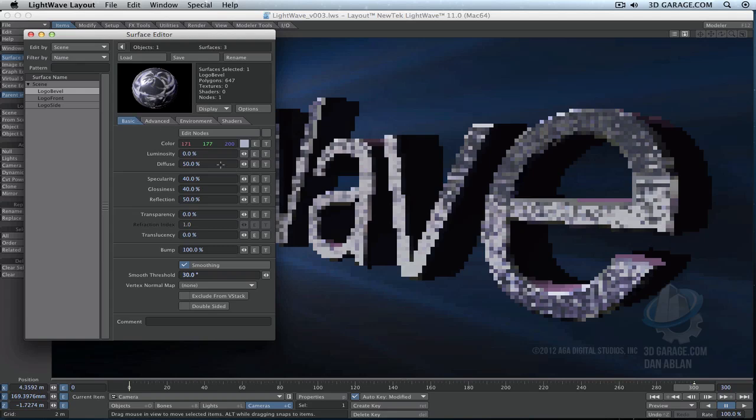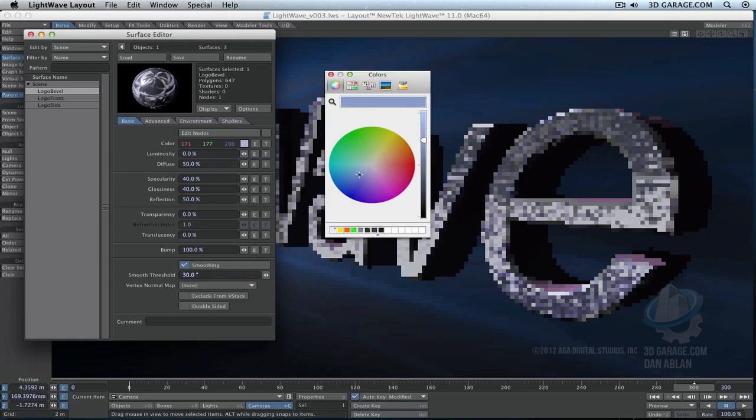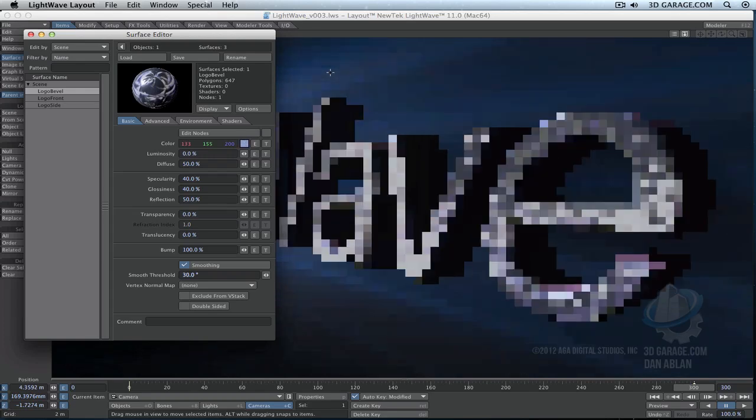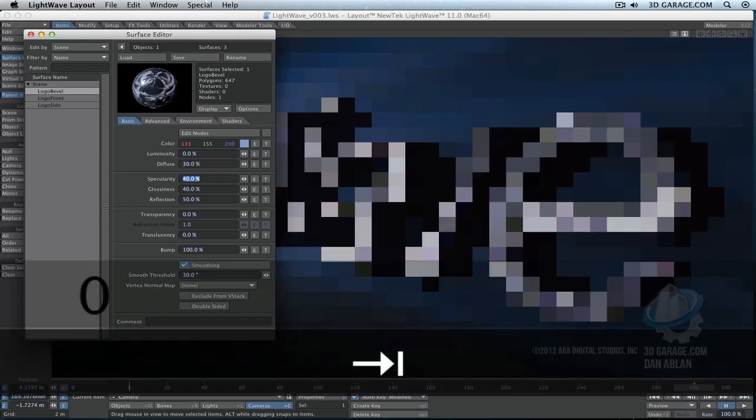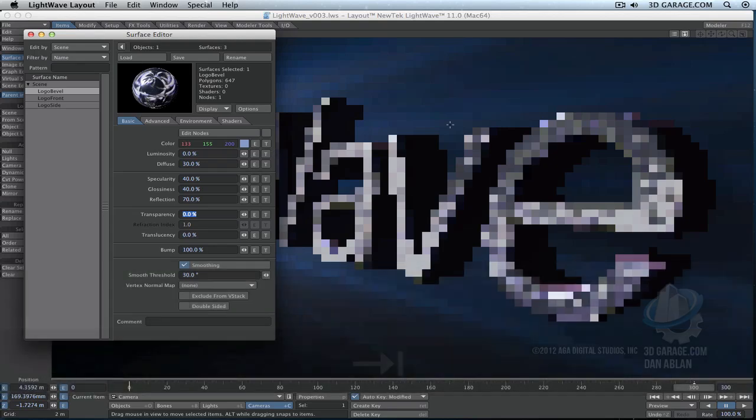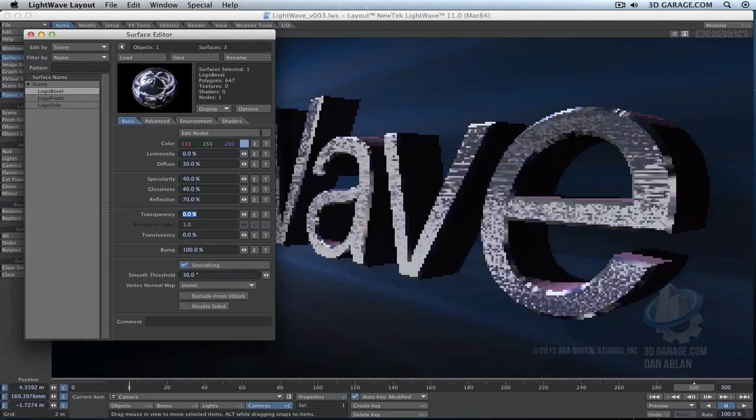That's fine. What you can do to vary it a bit is actually change the color a little, and you can change the amount of reflection. But I feel that the bevels should have a really high reflection more than the front. So let's go 30 and then 70 for the reflection. That'll give it a little bit more contrast and make it pop. See that? Plus it will not match the sides as well and the face, and give it just a little